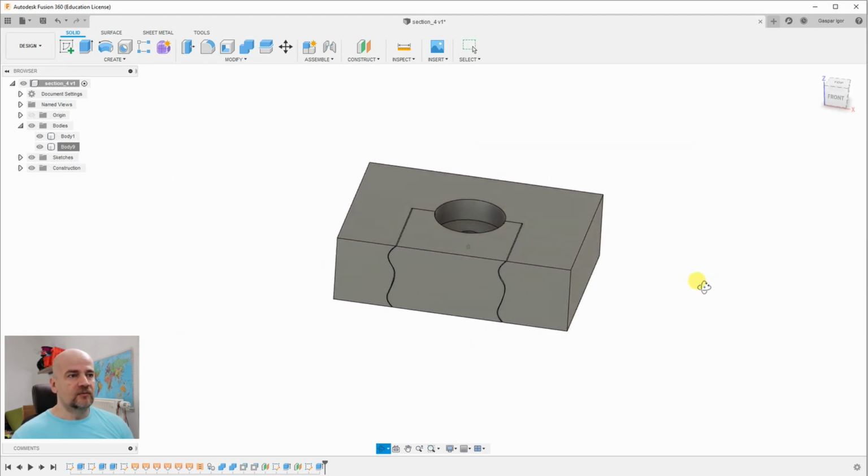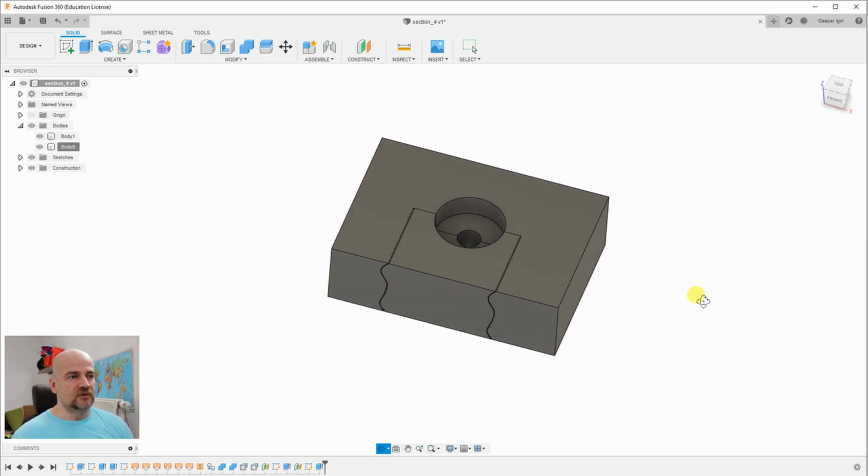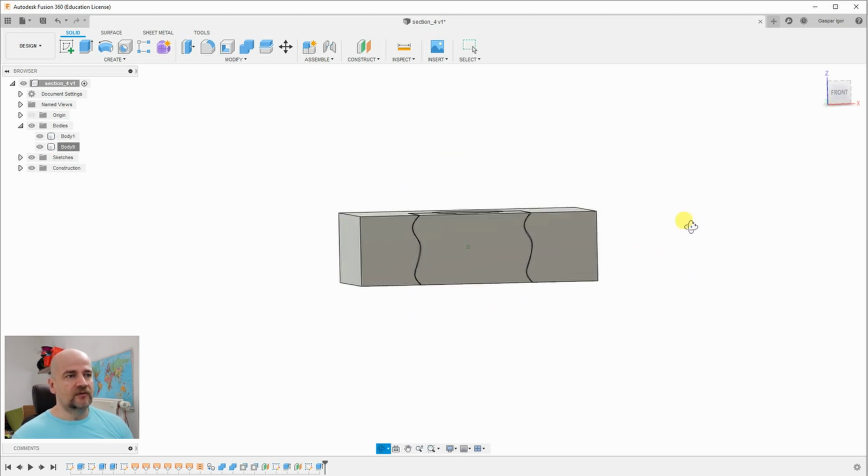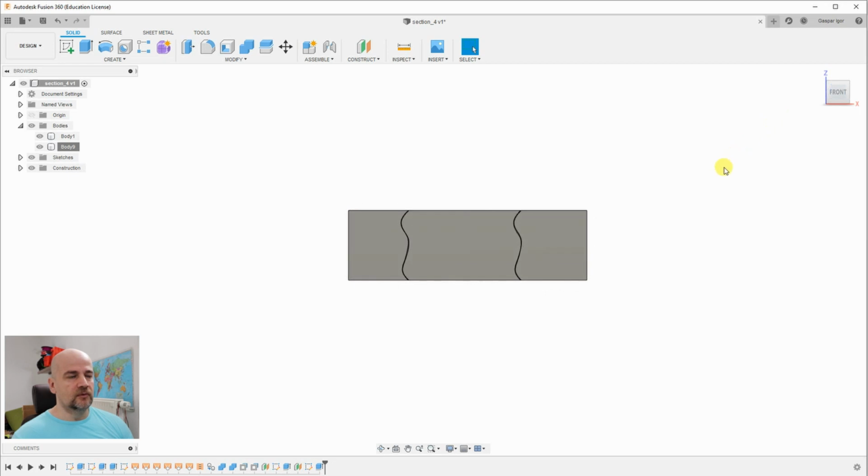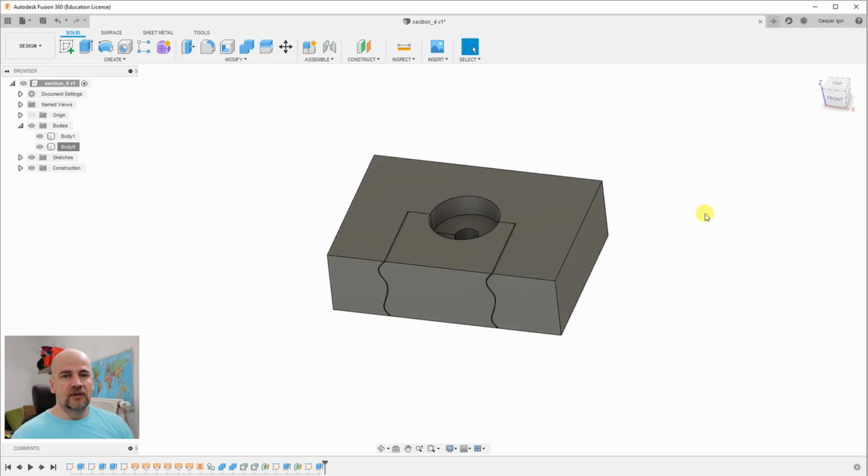And now this is one very simple object in Fusion 360. It's a box with a hole inside, and we want to draw it in this view in the broken out section. This means only this part has to be broken. So I draw these lines here and I extrude them, so this part is already now a separated body.